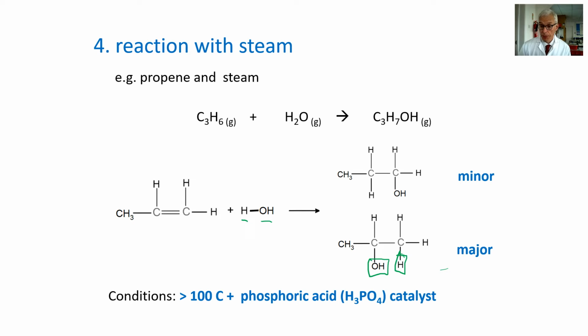Facts that you are expected to recall for OCR A Chemistry A level is, of course, the conditions. Temperature must be greater than 100 degrees Celsius so that we have steam, and the catalyst required is phosphoric acid, concentrated phosphoric acid. But the major and minor issue leads us on to Markovnikov's rule,